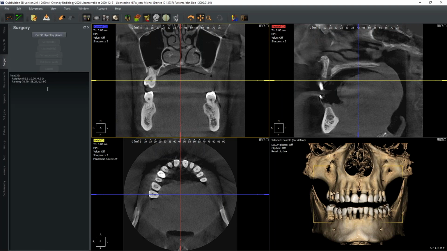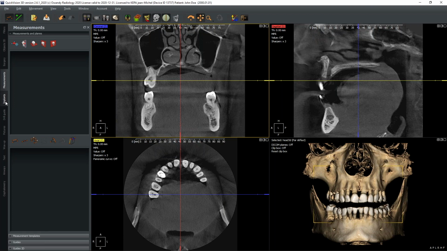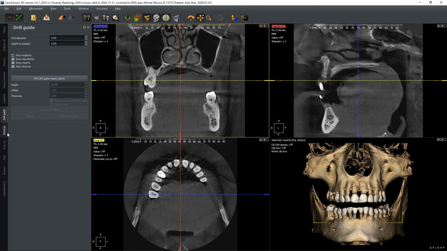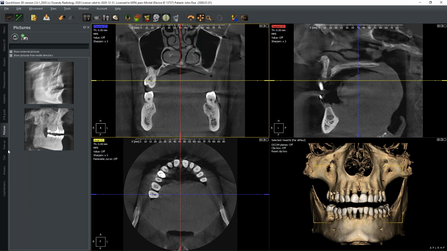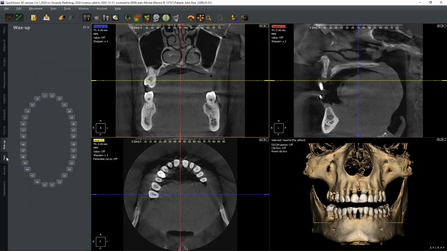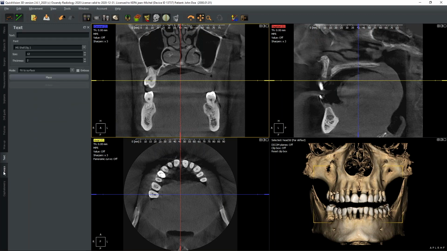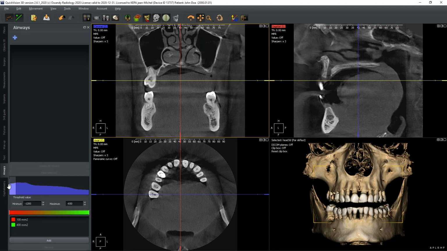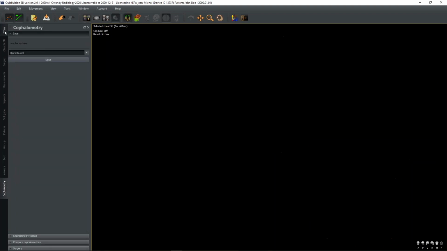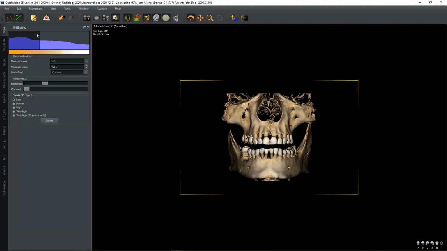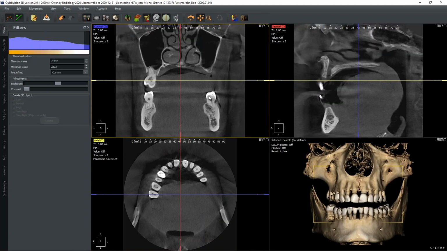an area named surgery that helps to redesign or to design a 3D object or surgical guide, measurement area, implant area, drill guide area, picture area, we'll see how it works, wax up area, text, we may add text on a surgical guide, okay, airways, and well, cephalometry. We won't see this function today. Well, I'll just go back to that function here. Well, the first step